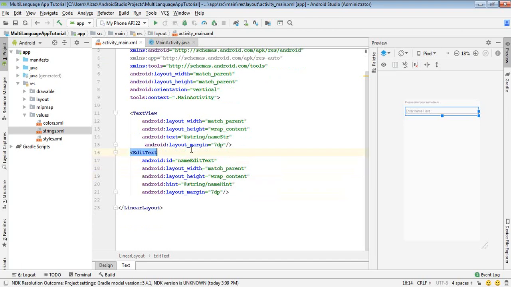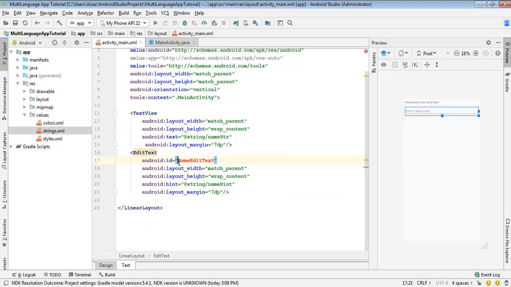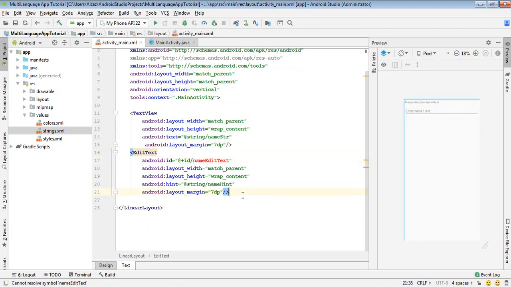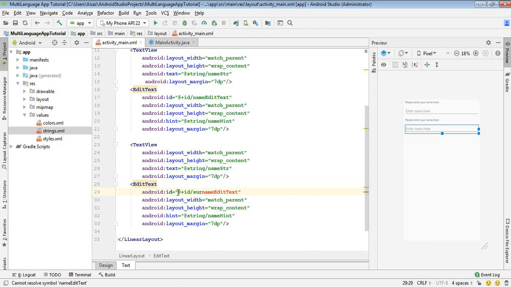So after this I can copy both of them, and let me just write here at the rate plus id slash. So after this I can copy both of them. So I copied, and this one I can give it a name. First I can give it an id, so I can write at plus id slash surname edit text, and I can give it a hint like